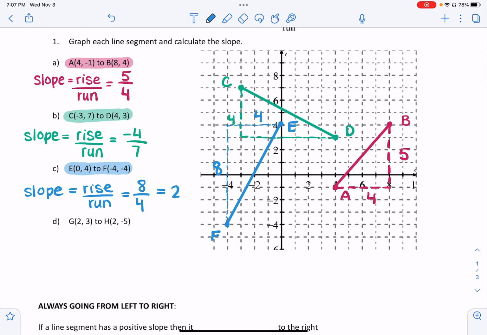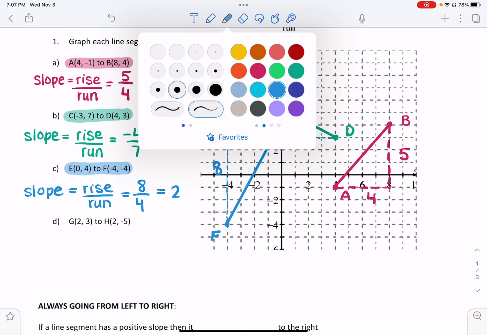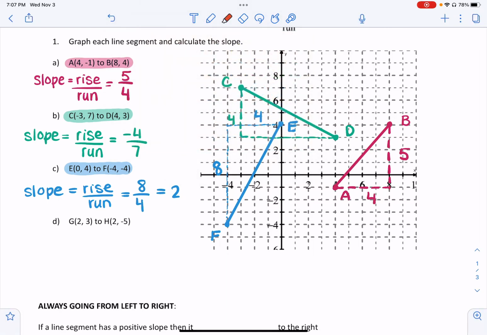Now, this is the greatest value of slope we've had so far. So you notice here that it is much steeper than the other ones. That makes sense. So that means we've done something right. Our values are making sense with the diagram, and that's a really good thing. Okay, so our last part of this first example,